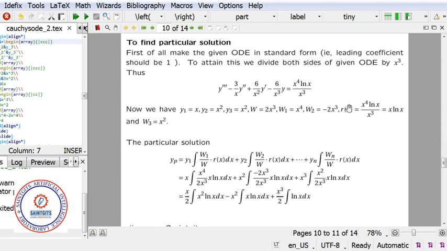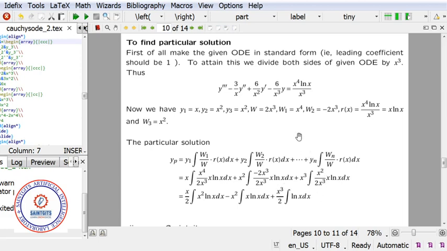R of x is x raised to 4 ln of x by x cube, or x into ln of x. We substitute x into ln of x. We make the substitution in all other terms. We have 3 terms. y2 is x square into integral w2. w2 is minus 2x cube by 2x cube x ln of x dx, plus third solution, that is y3, x square into integral